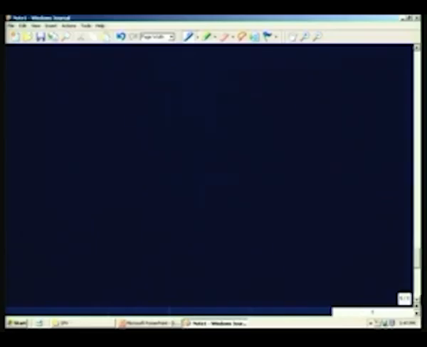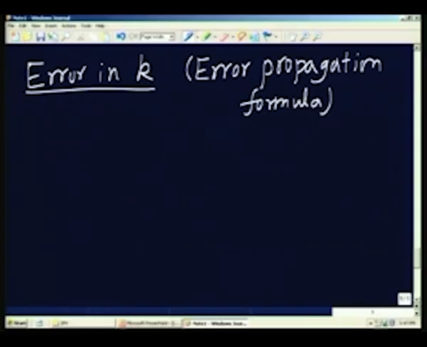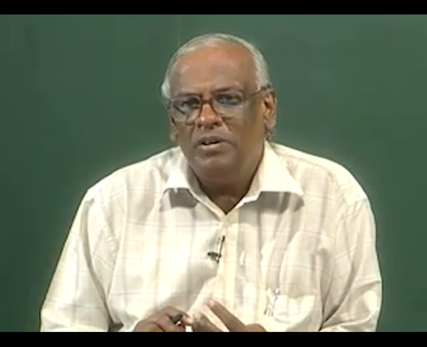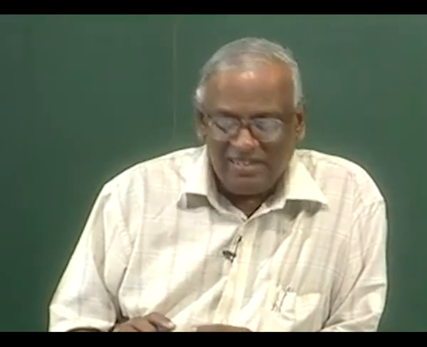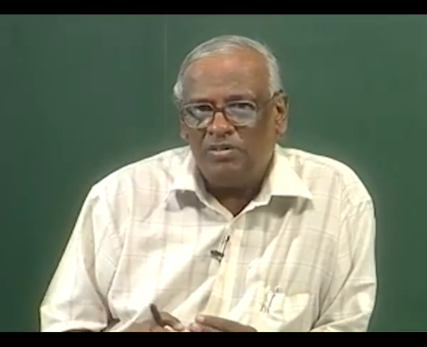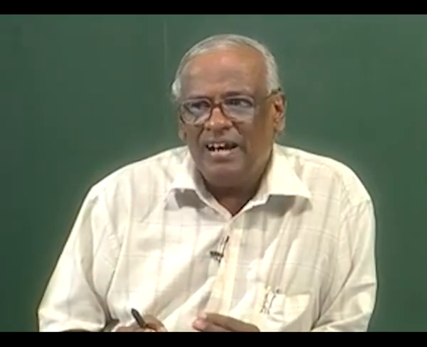The next part is to look at the error in K. I have to use the error propagation formula, which is familiar to us. We dealt with it in our first module when we were talking about estimation of errors in measured quantities. In this case, we are measuring Q, the heat transfer per unit area per unit time. We are measuring thickness and we are also measuring the delta T. All of them are prone to errors, and because K is related to the other quantities as the product of Q and L divided by delta T, I can use logarithmic differentiation and obtain the value of